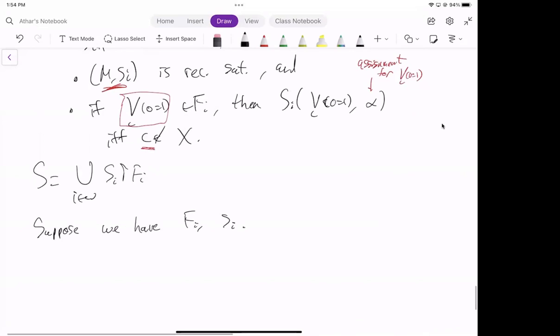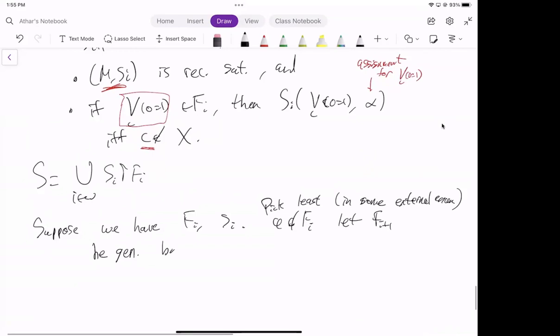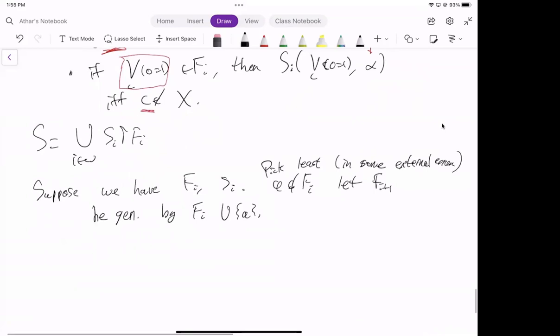You can pick any phi not in F, so pick the least phi not in Fi in some external enumeration of the formulas, in order type omega, and let Fi plus 1 be generated by Fi and phi. So then Fi plus 1 will be your next